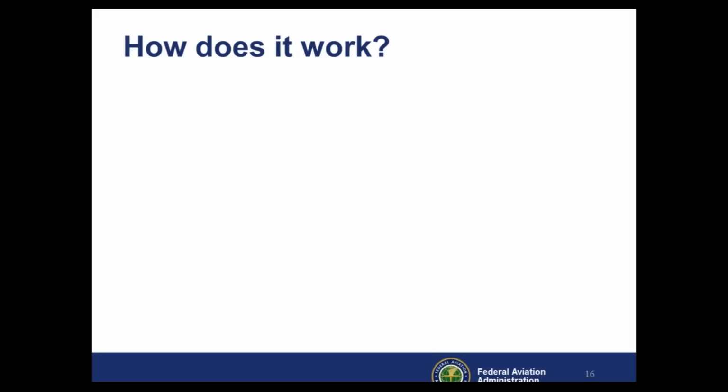So I've kind of laid the groundwork for you. I told you why we had to have it, and I wanted to explain to you who was involved. But now we're going to get to the meat and potatoes of it. It's probably what most of you are interested in hearing about, which is how does it work? How is the ACS used to develop a plan of action?